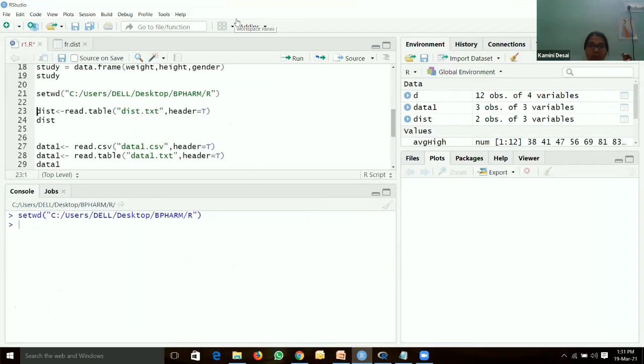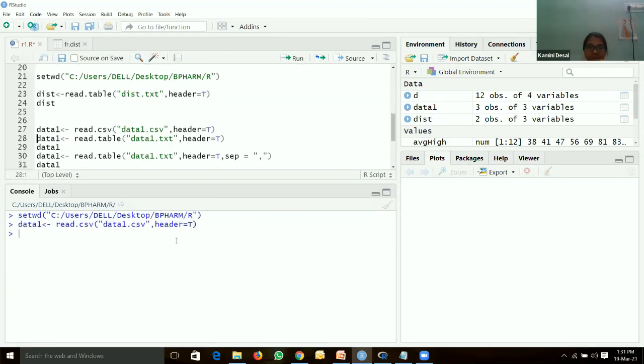Can you see the screen? Data1 read.csv data1.csv header is equal to true. If I type data1, it gives column 1, column 2, column 3.